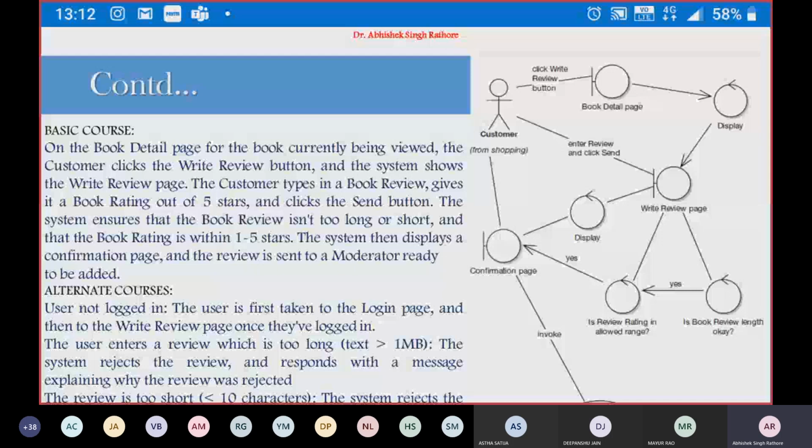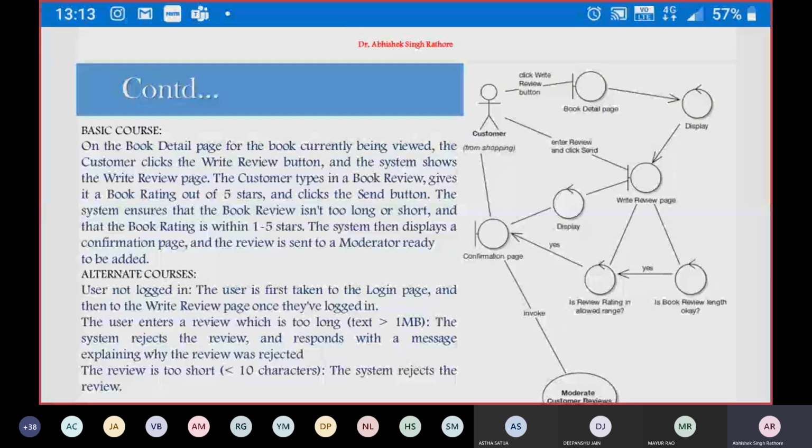So we have a controller class that generates both pages. Now, when we have this information available, we can have a confirmation page for the moderator, which invokes the information.